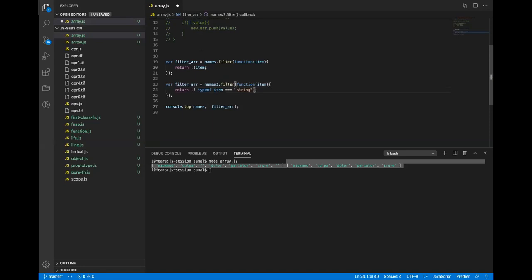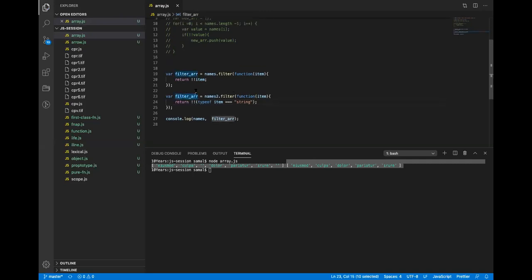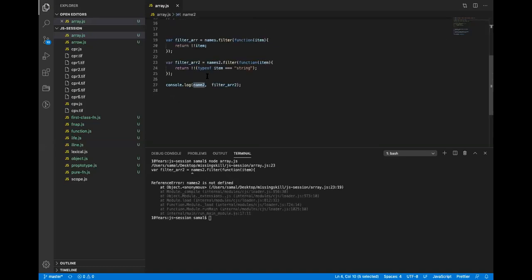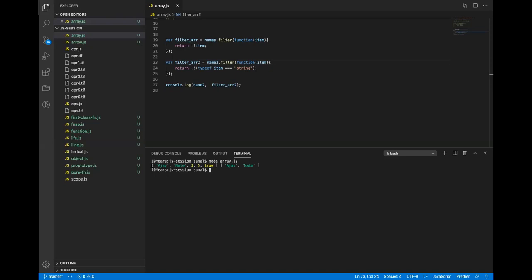Okay, all right, and I'll wrap this, right? So if the item is a string, typeof item is a string, then I don't have to use the double exclamation. It will still return the boolean value. But I'm just showing you that it will explicitly coerce into a boolean type. Now if it is true, it will return the value which is a number, right? So if I print this now, where did I miss it? names2. And you see this, right? In the original array, you have these items, and in the new array, you have only string values, right?